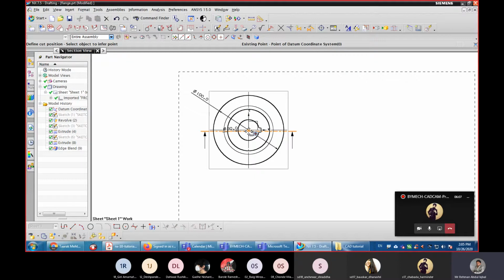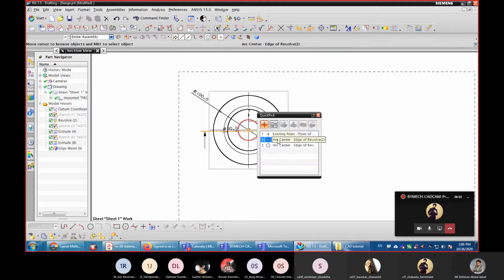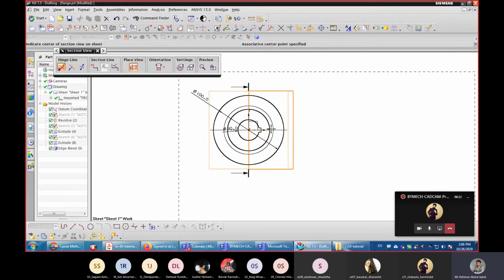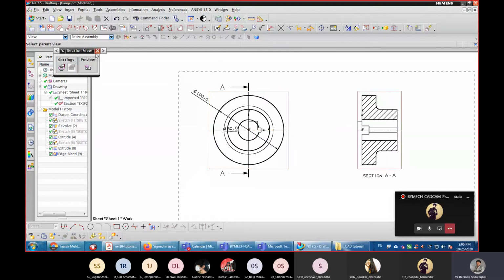So we'll select center of this circle and just position the sectional plane, and after that move the cursor this way. So we will get the sectional view again on a single click. So you can imagine how much time has been saved by using this CAD software.